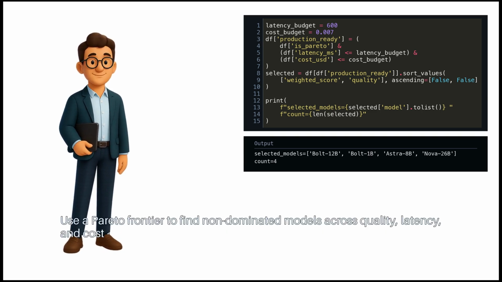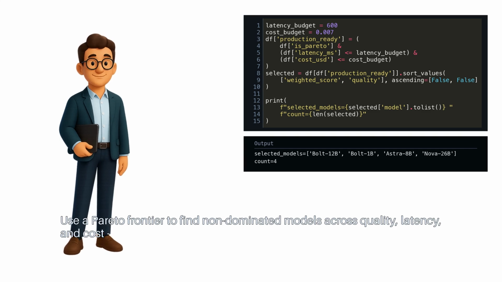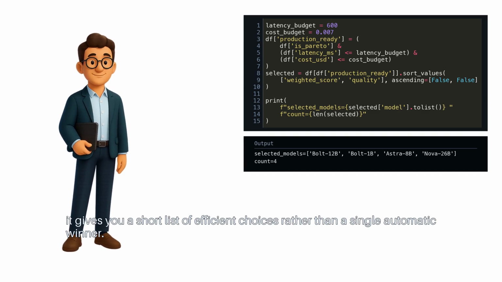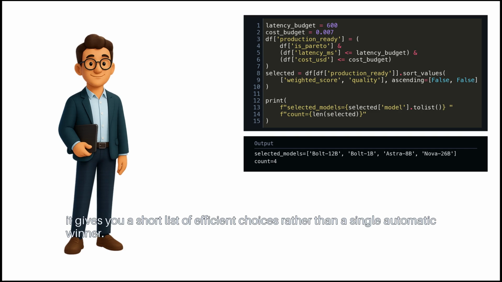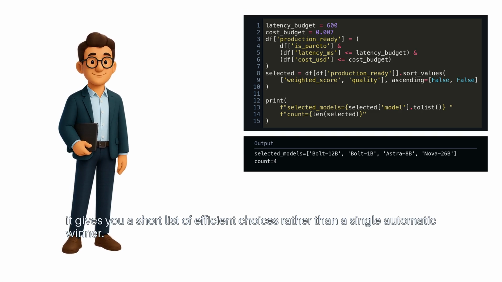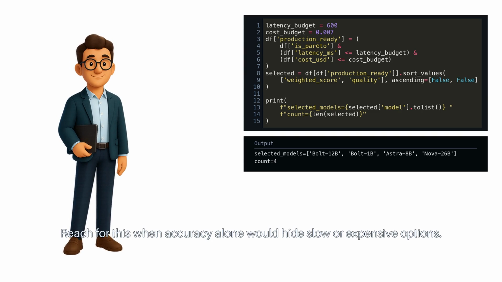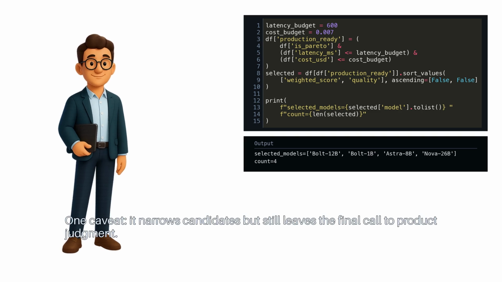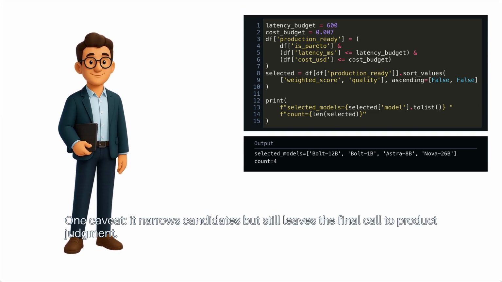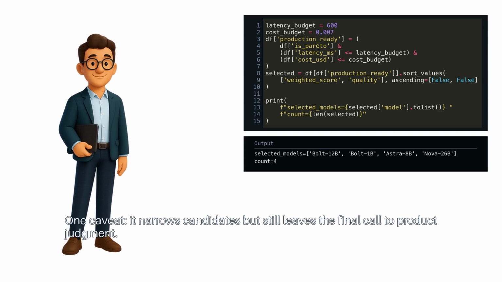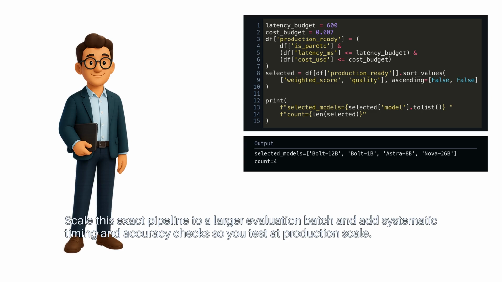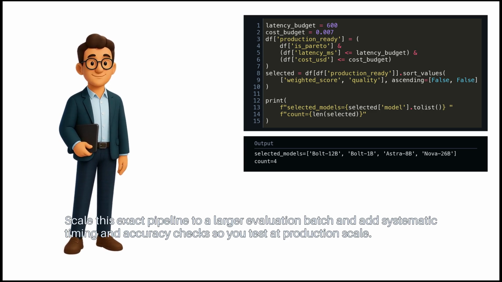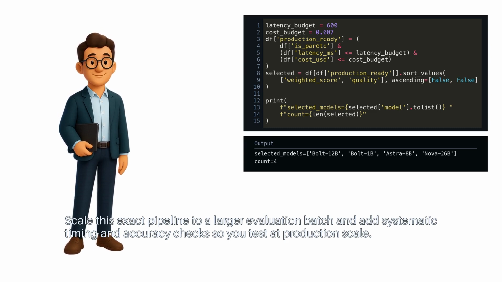Recap: use a Pareto frontier to find non-dominated models across quality, latency, and cost. It gives you a short list of efficient choices rather than a single automatic winner. Reach for this when accuracy alone would hide slow or expensive options. One caveat: it narrows candidates but still leaves the final call to product judgment. Next step: scale this exact pipeline to a larger evaluation batch and add systematic timing and accuracy checks so you